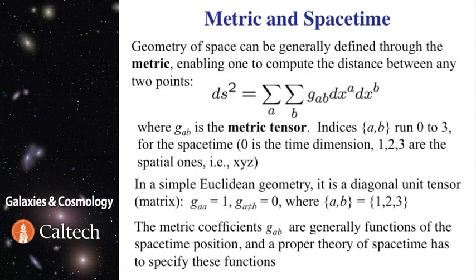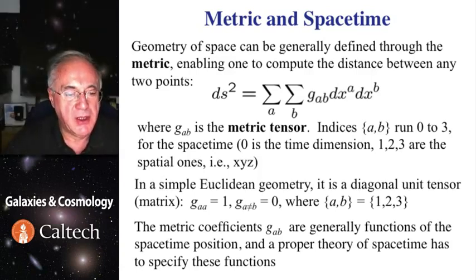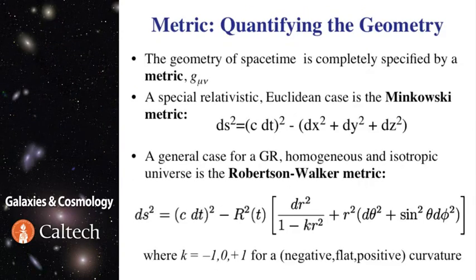And for your plain familiar geometry, the coefficients are 1 on the diagonal. It's the sum of squares of increments in the 3 spatial coordinates, and all off-diagonal elements are 0. So this is the simple measure of distance in 3D space. But in general, it can be different, and values of these coefficients can be derived from the general theory of relativity. So if we know what the metric is, then geometry is completely specified by it. In the special relativistic space, which is still flat and Euclidean,